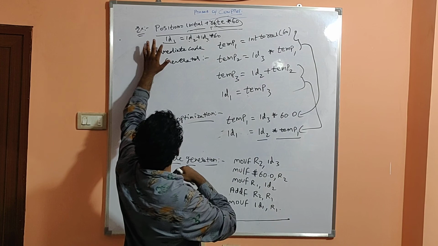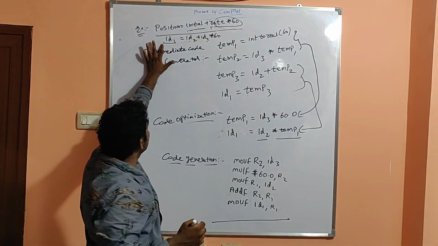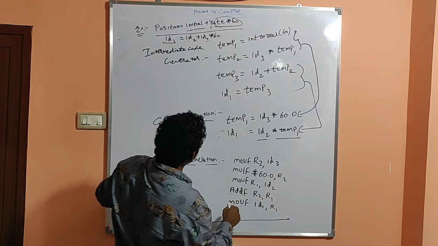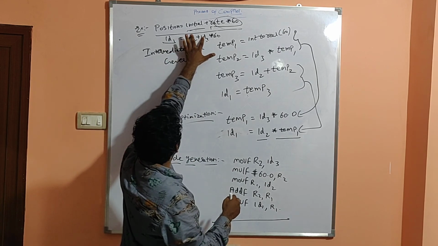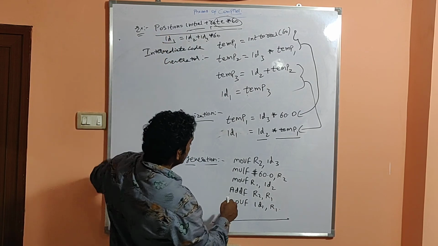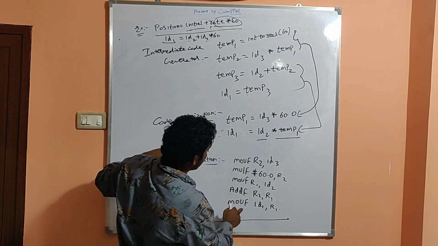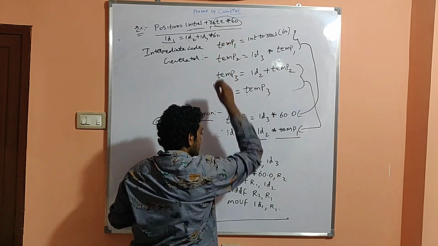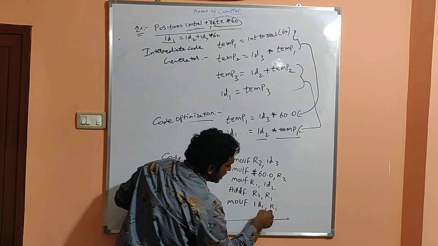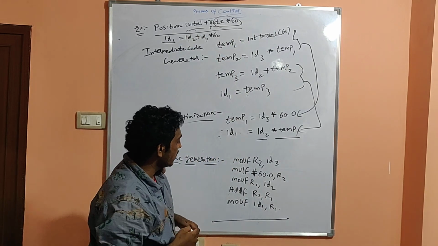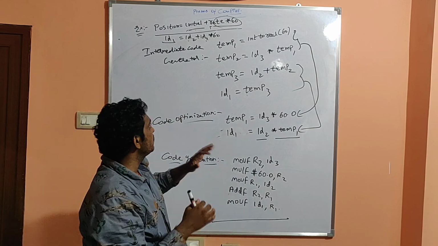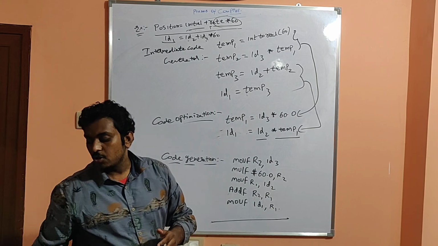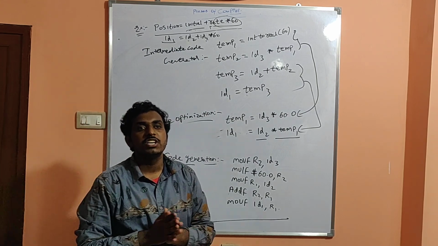Now the balanced thing is only the left hand side task. The left hand side thing is id1. Whatever result we have got here, we have to move to that side. That is the reason I have written MOVF of id1 comma R1. The total result is stored in the R1 variable, which is why I have written R1. So this is the complete process of how the source code is converted into machine code. Thank you.